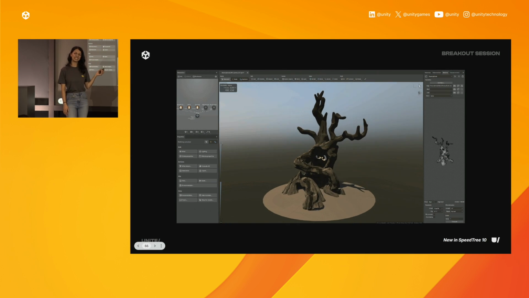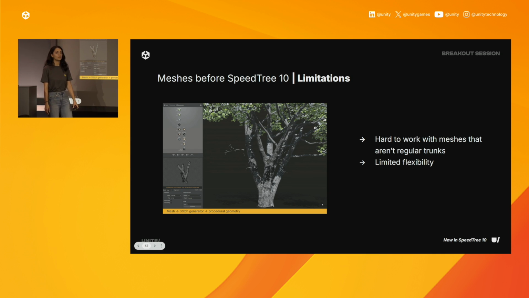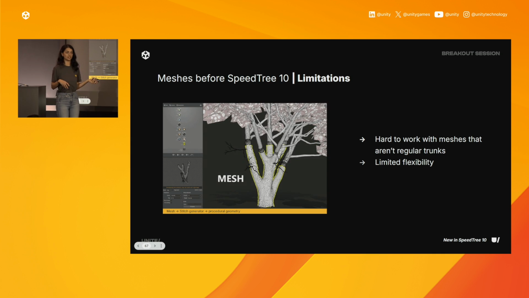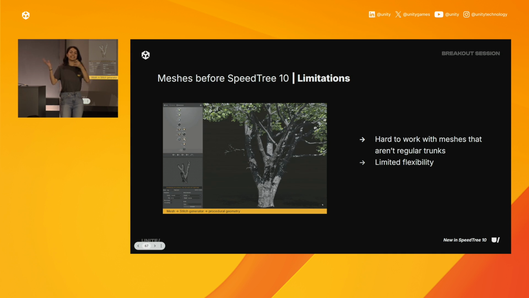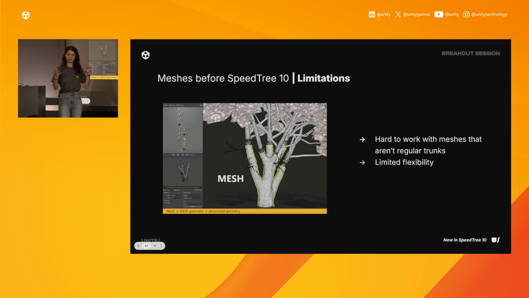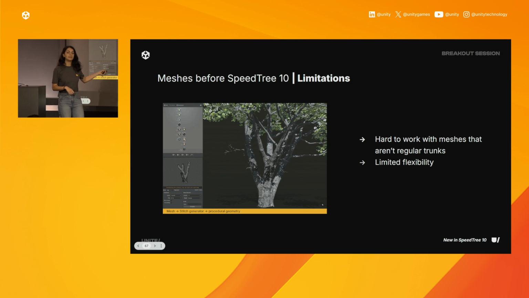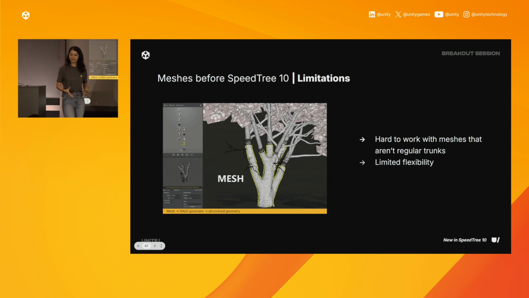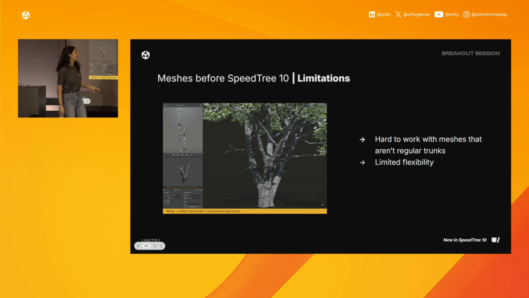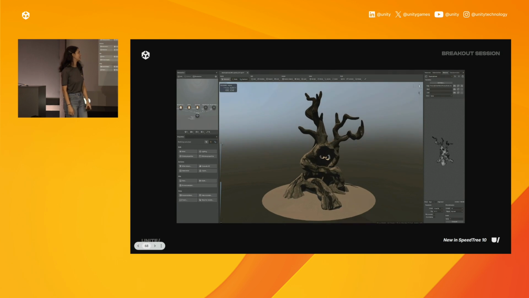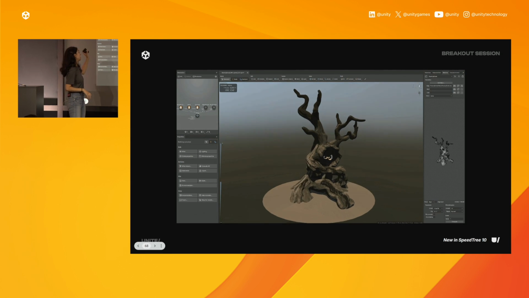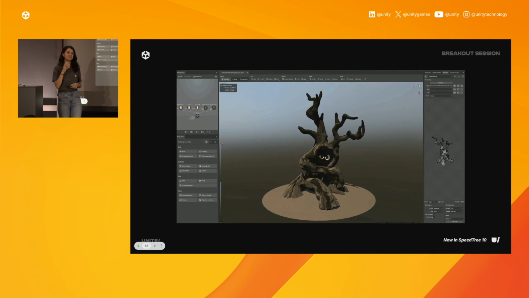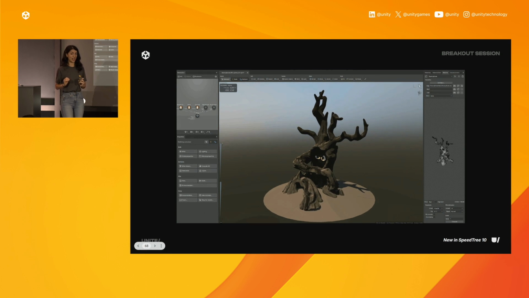Well, I'm actually going to give you guys a quick history lesson. Working with meshes has been part of SpeedTree since SpeedTree 9. And what people often would really use it for was bringing in photogrammetry chunks. So if you want really hyper-realistic chunks, you can bring those into SpeedTree and build off of them procedurally. But a limitation of that workflow was that it was really suited for trunks that were pretty normal, straight up and down. If you wanted to bring in a custom mesh like this guy, and then tried to start attaching generators to him, trust me, it wasn't going to work out that well.